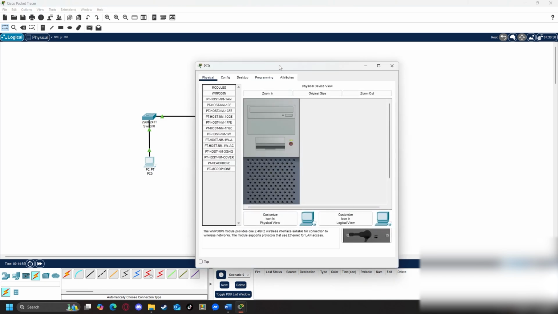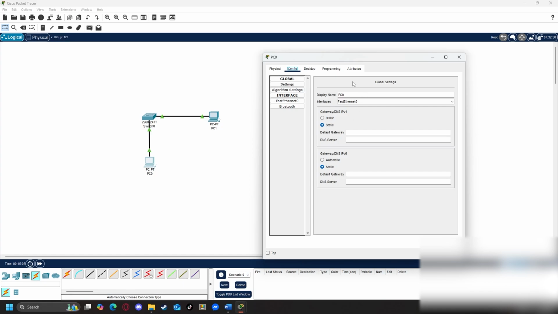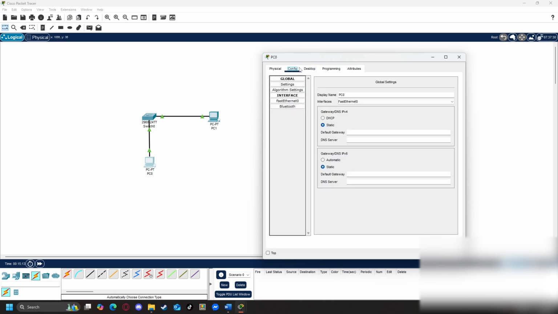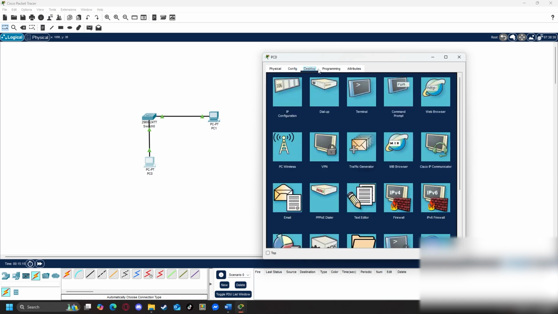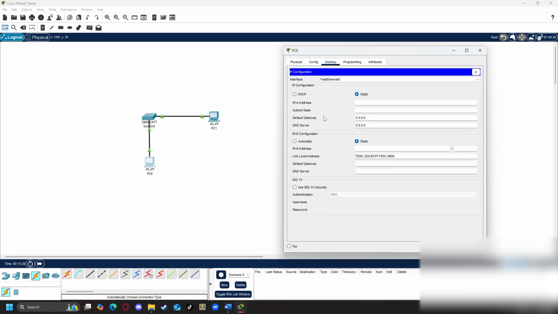So, these two PCs. We have an easy way to do it, which a lot of people will take. I personally prefer to go through and set these things manually. So I always have a bit of fun rather than going into this config interface. Go into your desktop, ipconfig, and it's basically as though this is an actual computer. So we're going through it for this. So we're going to set up a basic IP address.